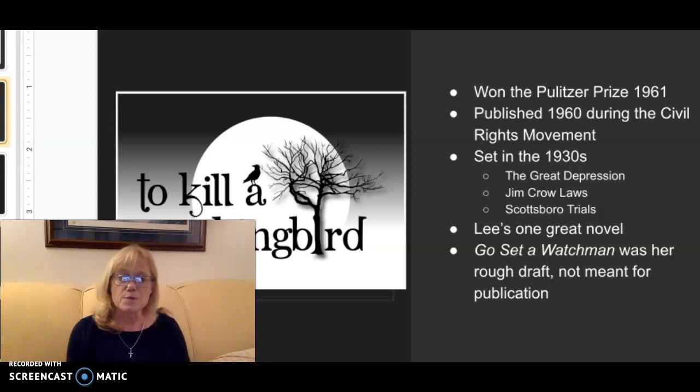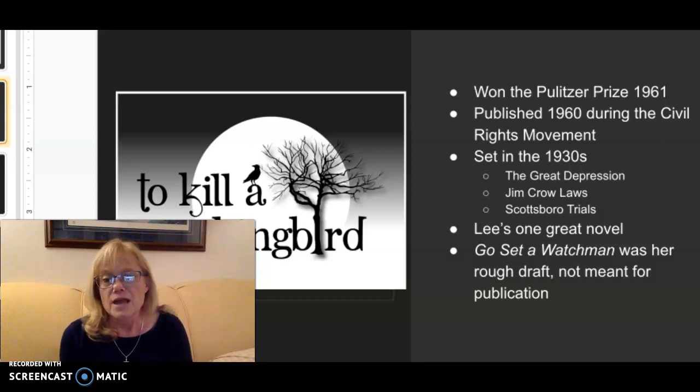This was also the time when there were some famous trials called the Scottsboro trials. I only mention them because some people believe those trials had an influence on the plot of To Kill a Mockingbird. These were some trials that were very well publicized when Harper Lee was just 6 years old, and they were all racially based. 9 men were accused of a crime that none of them committed, and many were convicted. So maybe it had an influence, maybe it didn't. I'll let you decide later on.